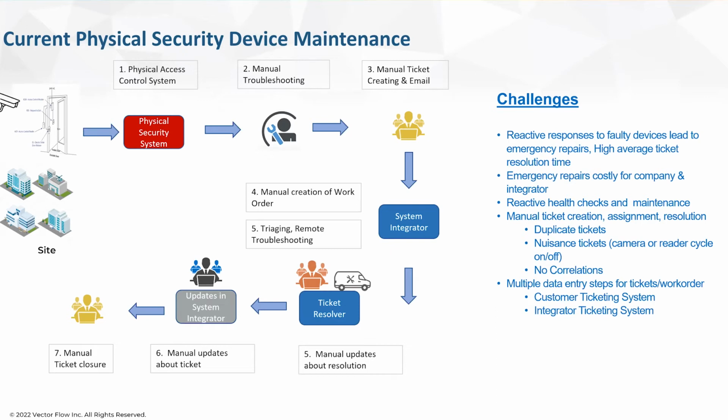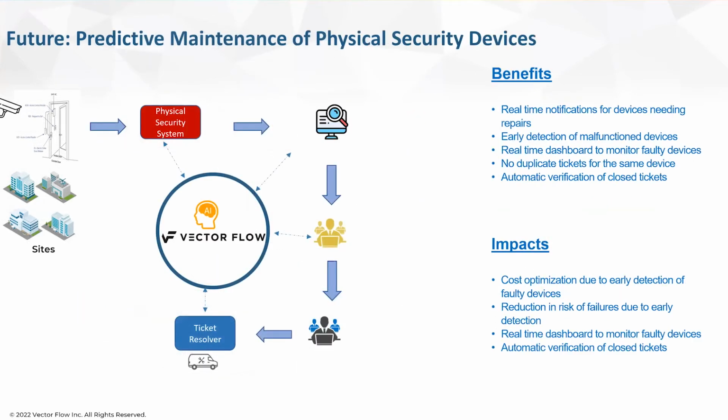There's an opportunity to use the power of the data that you have within your organization, and VectorFlow will bring that to bear. The net result is we can actually detect early warning signs of the health and wellness of your various different devices, whether it's motion detectors, physical access control doors and badges, or other systems that are part of your overall physical security ecosystem. We're listening and detecting and learning about these different devices, and we can actually provide a recommendation,